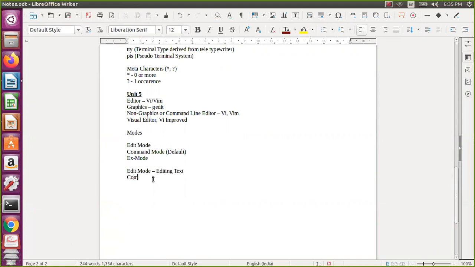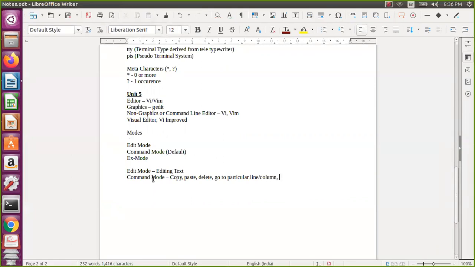So here in command mode, what will you be doing? I want to copy certain lines, paste certain lines, delete certain lines, and go to a particular line, or a particular column in the same line.